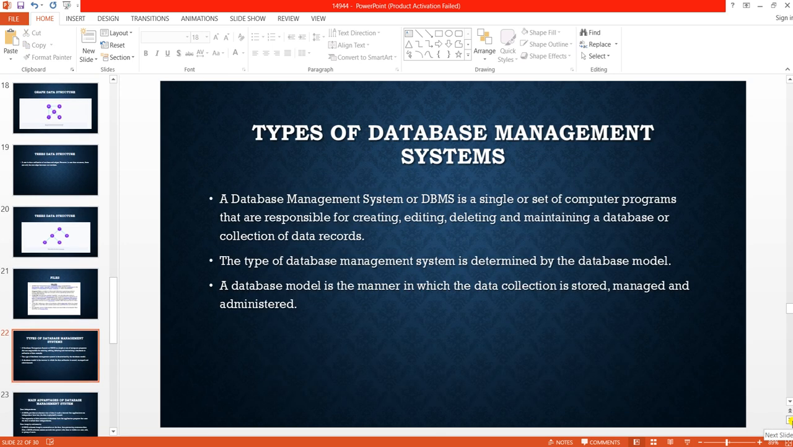Also on slide 22, we've got the types of DBMS systems. But before we even move into the types of DBMS, we need to understand what they refer to as a DBMS. A database management system, or a DBMS, is a single or set of computer programs that are responsible for creating, editing, deleting, and maintaining